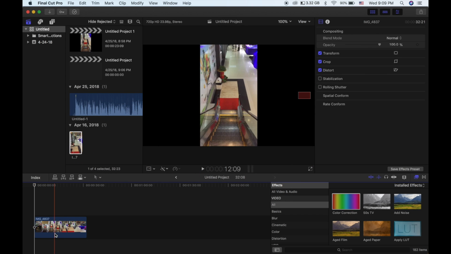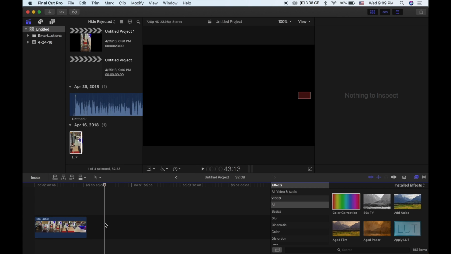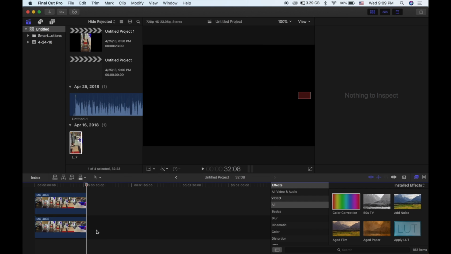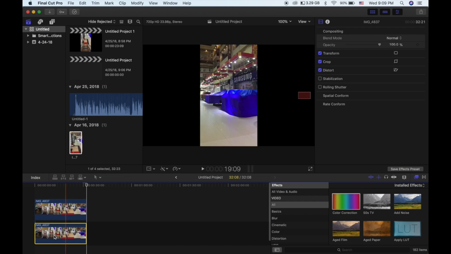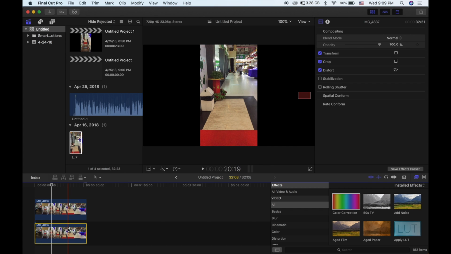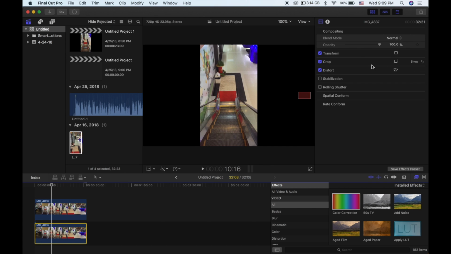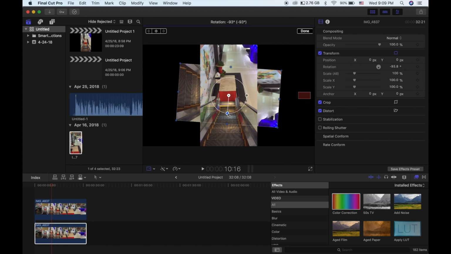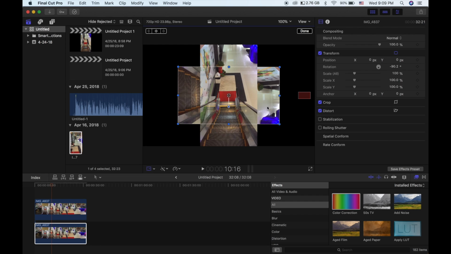So what you need to do is, again, just drag the video and drop it into Final Cut Pro, and then just copy and paste, drag it up onto the other, delete, and the same thing happens. What you need to do is adjust the bottom video. Click on the bottom video and click on transform. Click on transform, but this time it might be a little bit different. What you need to do is to do like this, and then